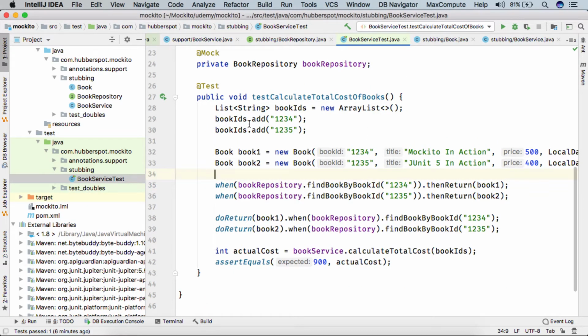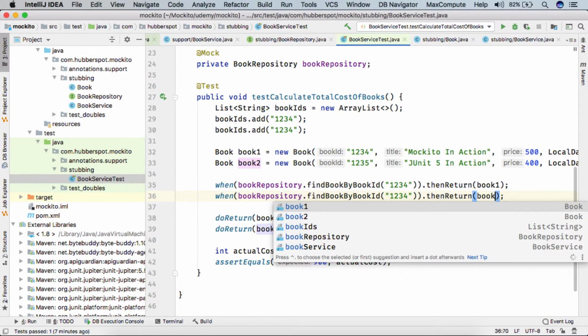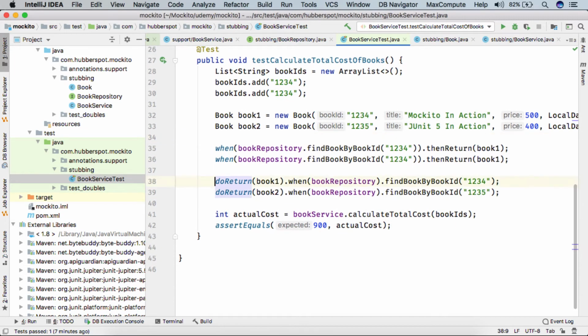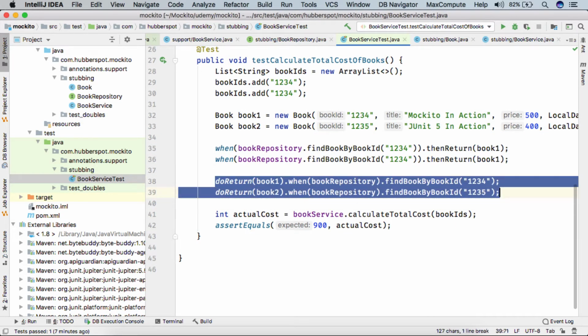Let's say we call calculate total cost by providing book IDs 1234 and 1234. So we are simply calculating the cost of the same book twice by passing in the same book ID. Here, instead of writing something like this, return book 1, I simply comment this part for the time being.